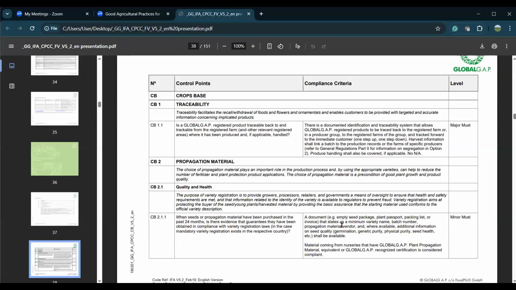Now, the choice of propagation material plays an important role in the production process, and using appropriate varieties can help reduce the amount of fertilizers and plant protection products applied. Choice of propagation material is a precondition for good plant growth